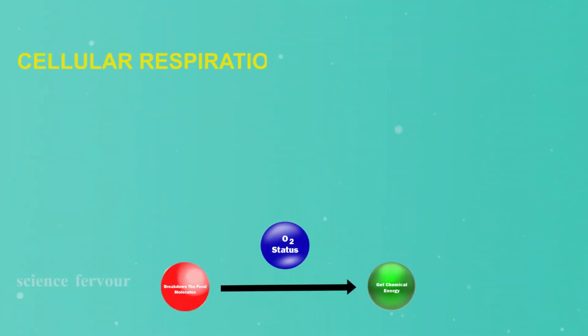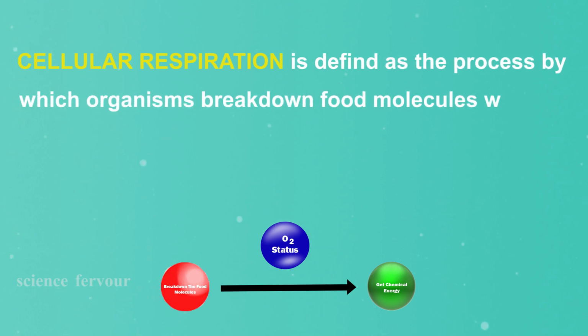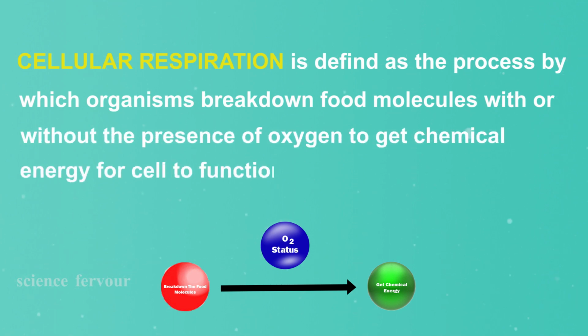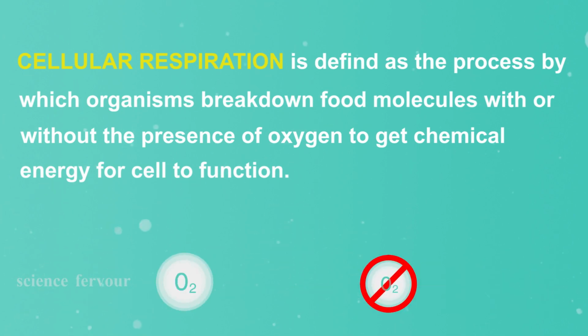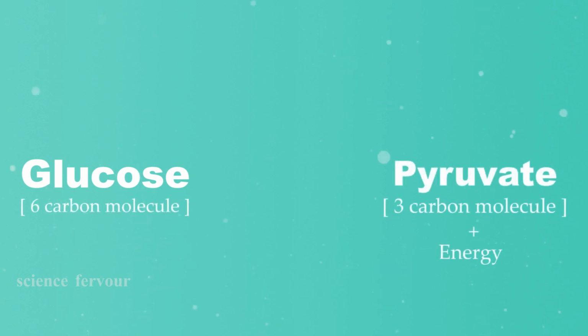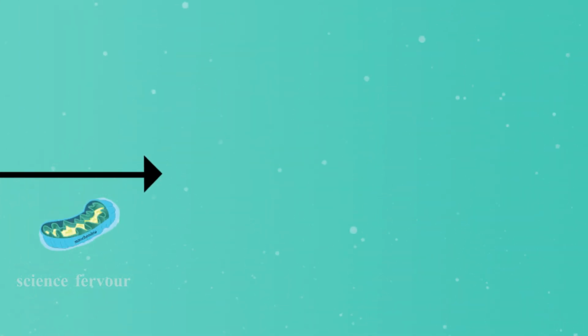Cellular respiration is defined as the process by which organisms break down food molecules, with or without the presence of oxygen, to get chemical energy for the cell. In any of the cases, with or without oxygen, the first step is the breakdown of glucose. Glucose is nothing but the food you eat, a 6-carbon molecule, into a 3-carbon molecule called pyruvate, which takes place in the cytoplasm. Next, this 3-carbon pyruvate is moved to the mitochondria in the presence of oxygen, which gives carbon